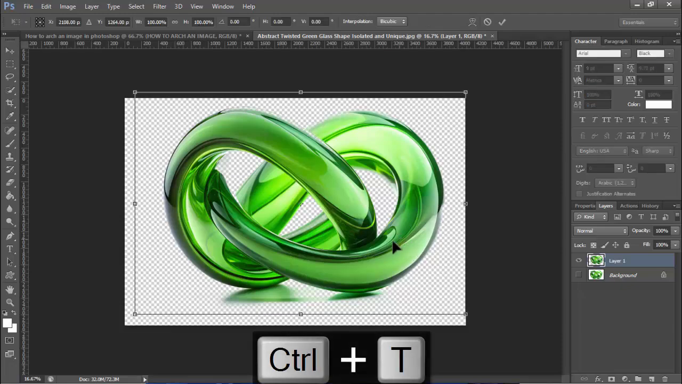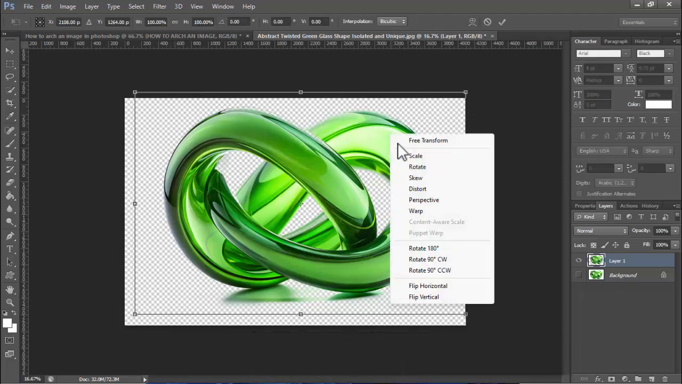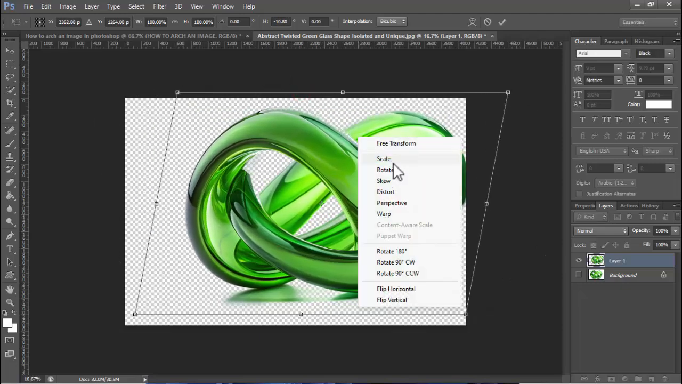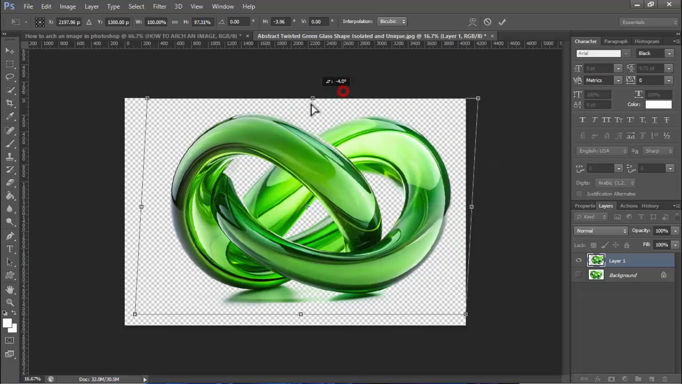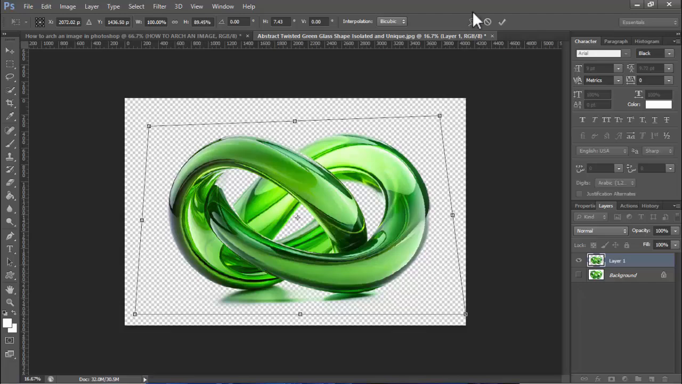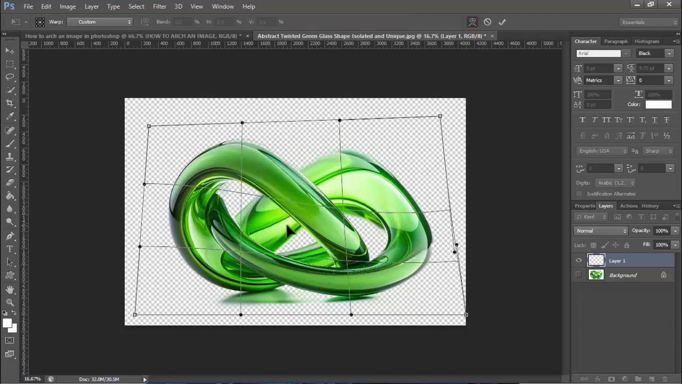Press Ctrl T on your keyboard and right click on your mouse. Click or again right click on your mouse. Distort, and click this warp and